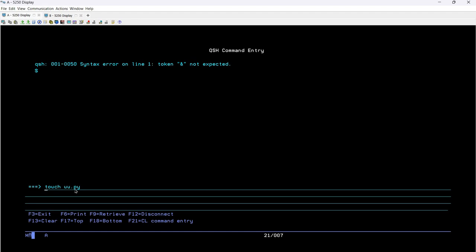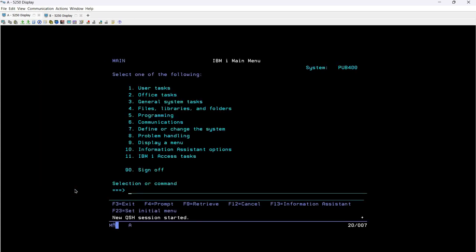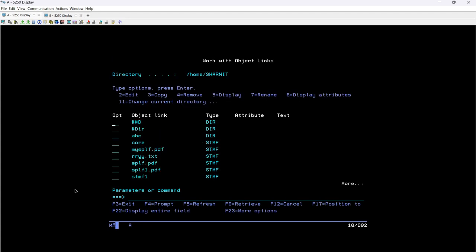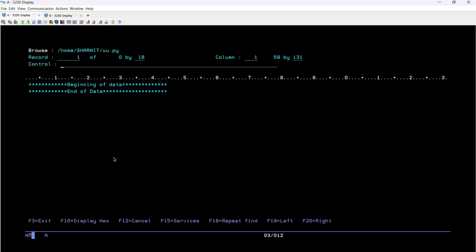Now one more thing, we will make it very clear here: what will happen if I make it capital TOUCH? Will it work? Let's see. Command is executed. Now I can simply write WRKLNK, page down. It should show that file, uu.py. Let me refresh that. Yes, here it is, uu.py, which is a Python file, and always it comes as a blank file,